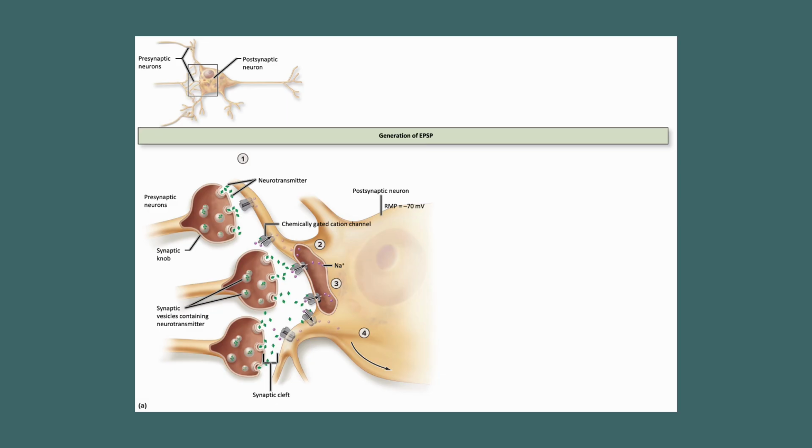All right, here we have an illustration from your book showing something very similar to what we just drew. We can see there are many presynaptic neurons, which is more realistic than what we've been drawing, and they are releasing neurotransmitter. Now that neurotransmitter is binding chemically gated cation channels in this example. And we know that the overall effect of binding these cation channels is an influx of sodium, right? And you can see here that that influx of sodium is going to generate EPSPs,